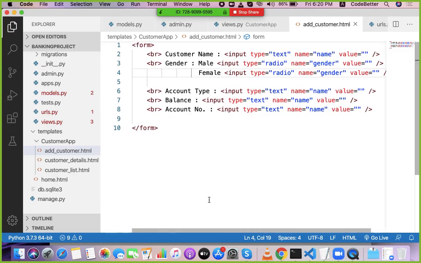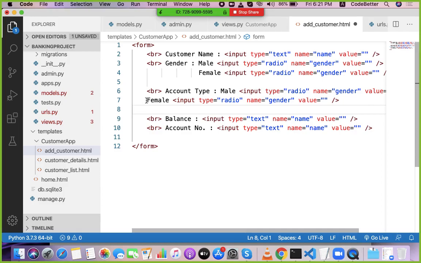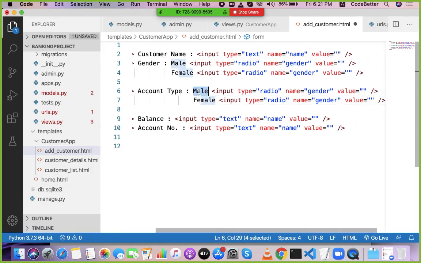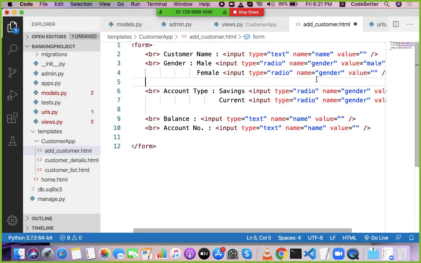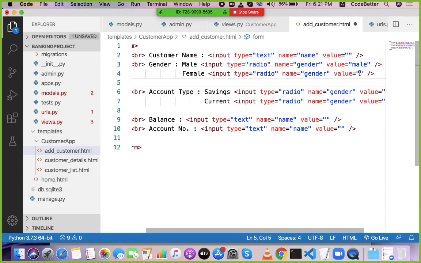Okay, then account type is again set of radio buttons because we have 2 options only: savings and current. So first option is savings, second option is current. Here value is male and here value is female.